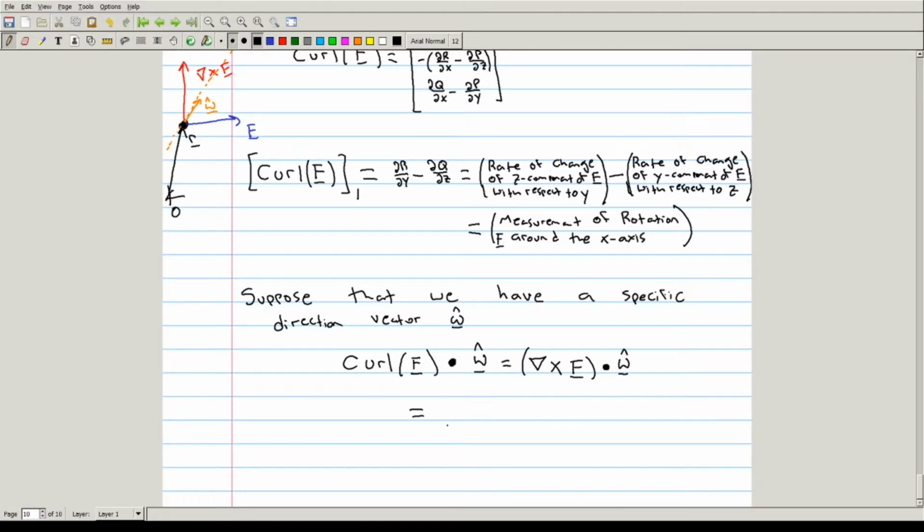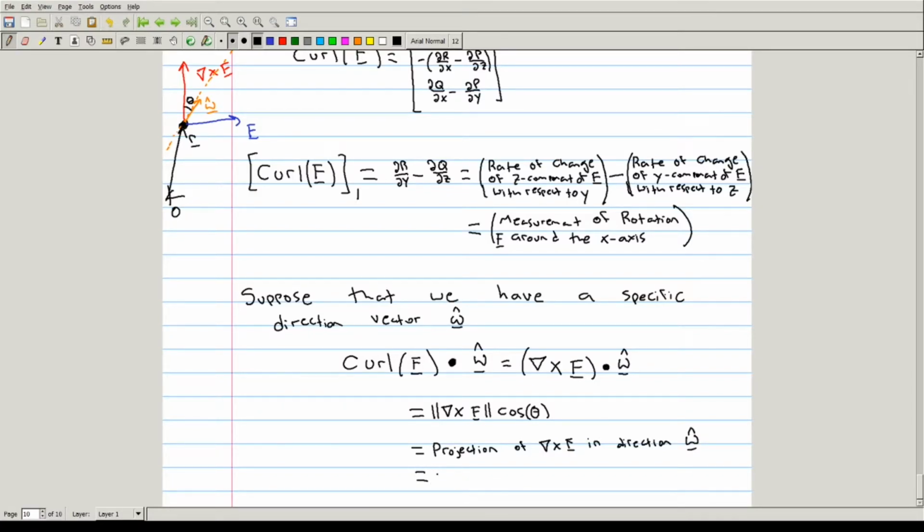But this is giving us, if we look in terms of the magnitude of the curl vector, times cosine theta, where theta is the angle between this curl vector and omega hat. This is the projection of the curl vector at that point in direction of omega hat,